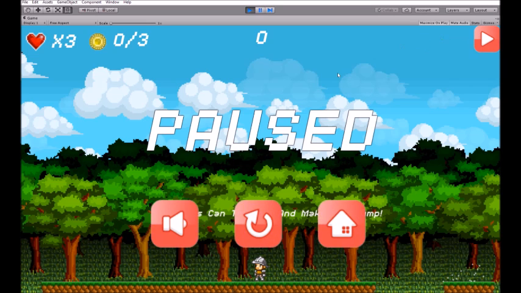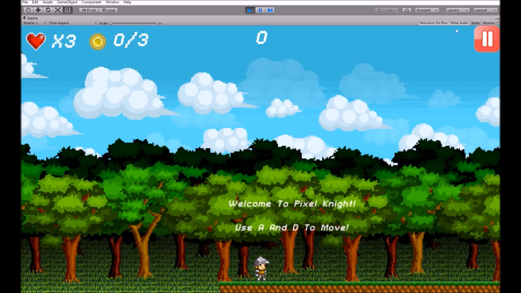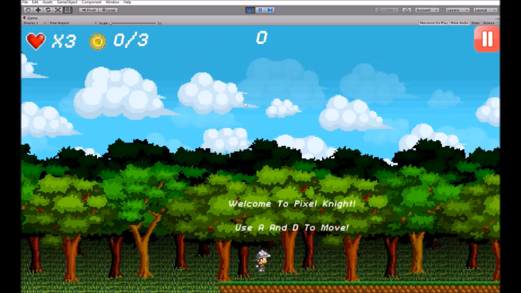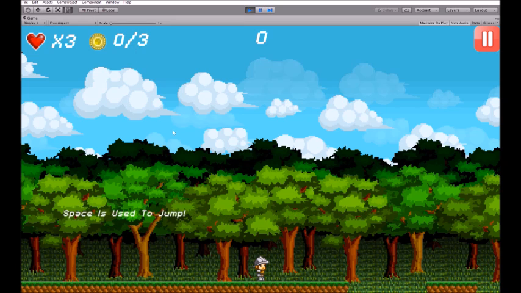So essentially what the pause button does is it just pauses the game scene, freezing everything with the text paused, and then it has a few options. This one actually mutes the audio. This one just reloads the scene, and this one just takes you back to the home scene. Simple. So if you progress further into this,